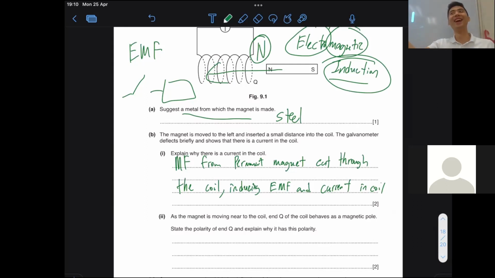The Fan Gen rule. You don't know about this story also, right? I'll tell you again next time, okay? Yeah, it's basically going to oppose the motion producing it. So it's definitely going to be the North Pole. Why? Because according to Lenz's law, Lenz's law states that